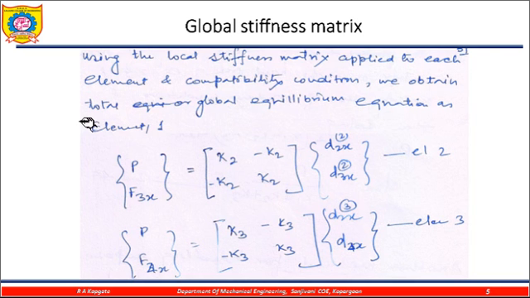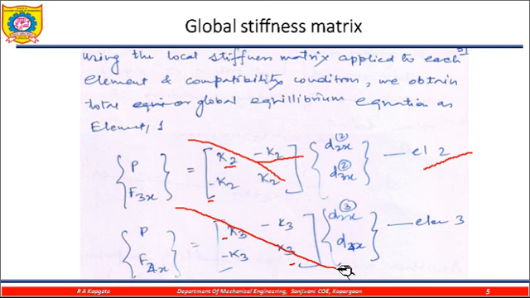Now for the element 2, this one, P upon F3x and P upon F4x, this matrix of this one. So the k2, minus k2, minus k2, k2, so again the diagonal is positive. Now for the k3, this is the element 3, that's why the stiffness matrix is 3. So this is again the positive one, and these are the negative terms. So here you see, this is the d2, this is d3, this is d2, and this is d4.